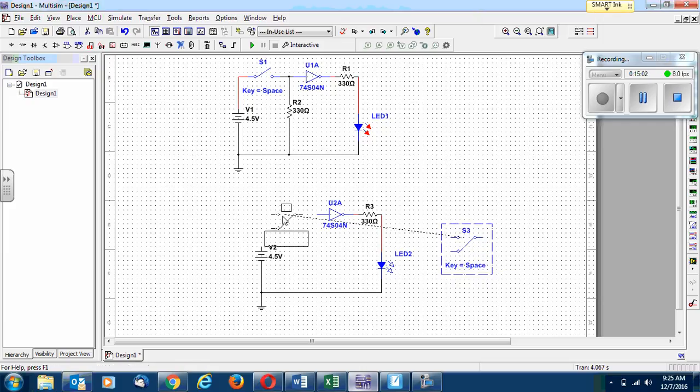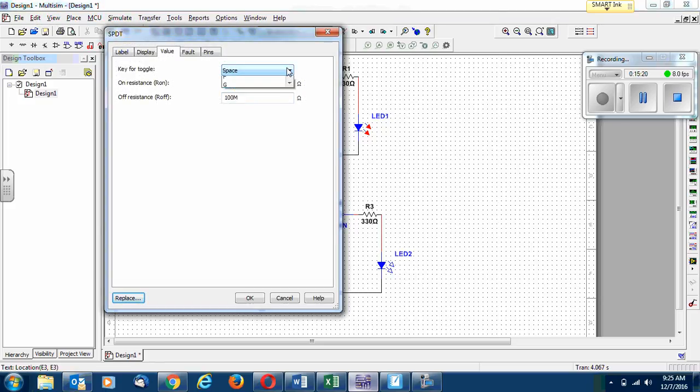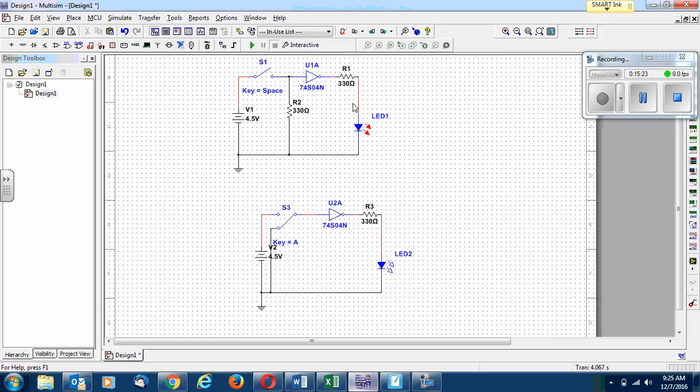So here's the SPDT switch, and you can see that it has one end over here and two ends on this side. So I'm going to connect the first one to the battery. The second one I'm going to connect all the way to the ground. This one I'm going to connect over here. And for this switch, I'm going to change the key, and it's not going to be space, it's going to be A. So this time, when I'm sending it a signal from the ground, the inverter inverts the signal and gives me a high. And when I'm sending the signal from the battery, the inverter inverts the signal and gives me a low,